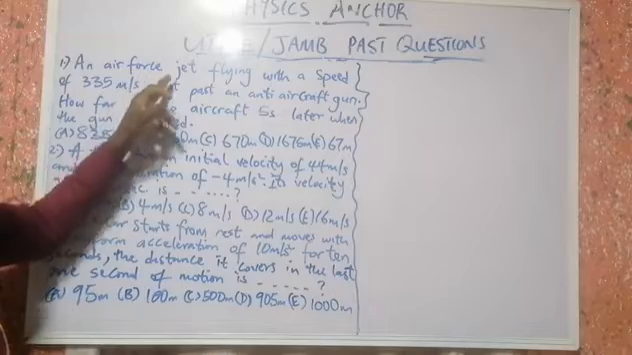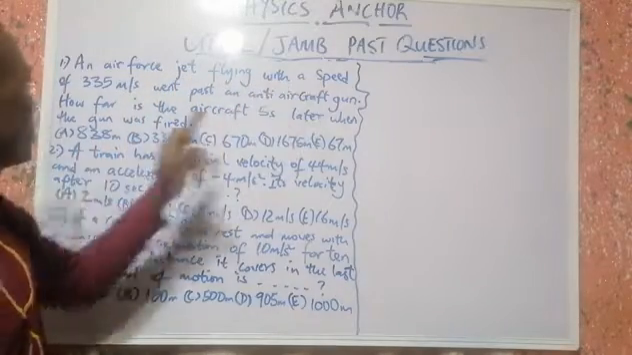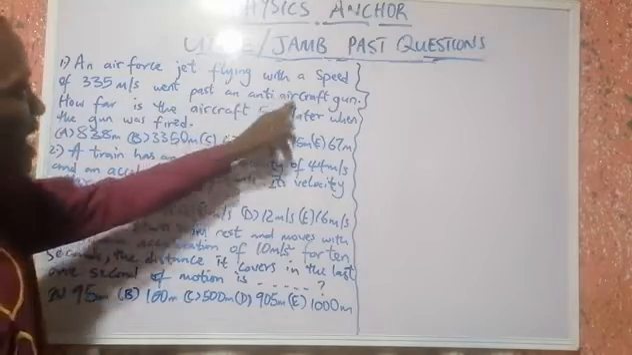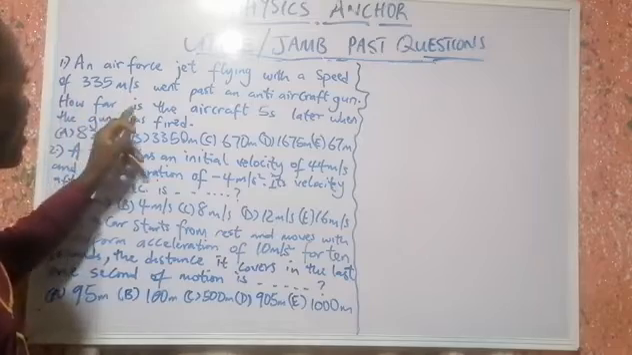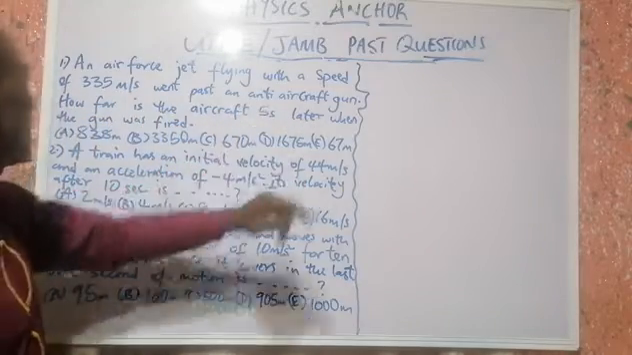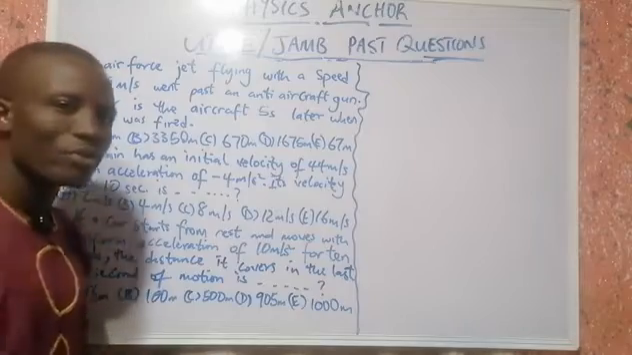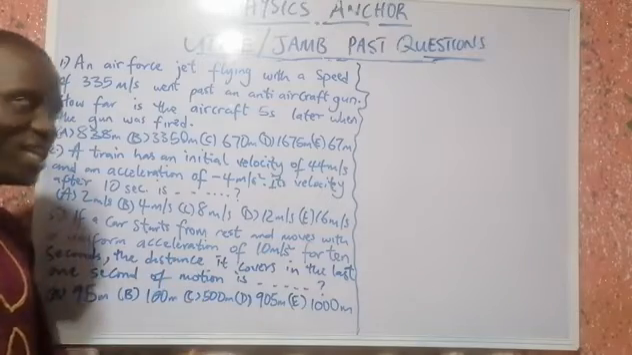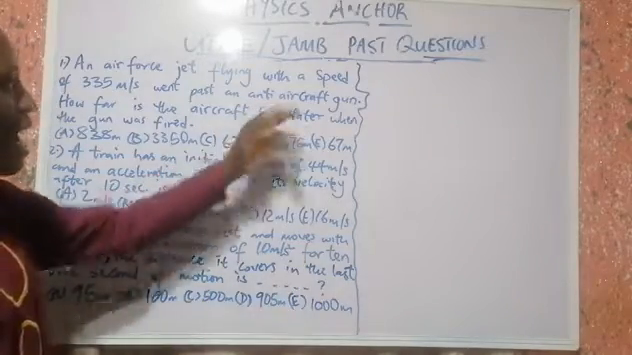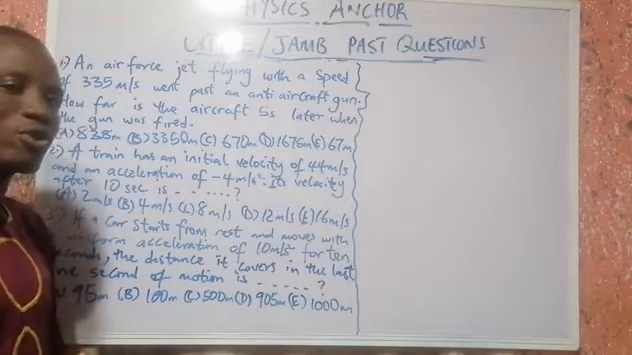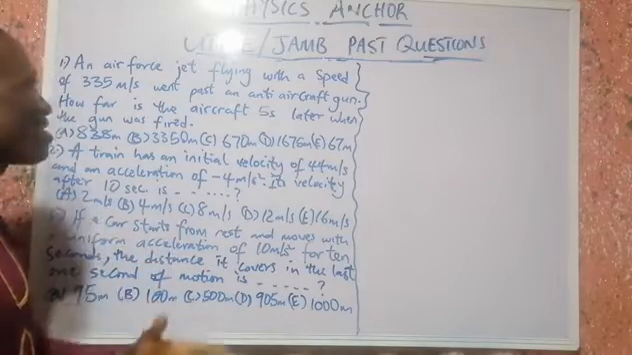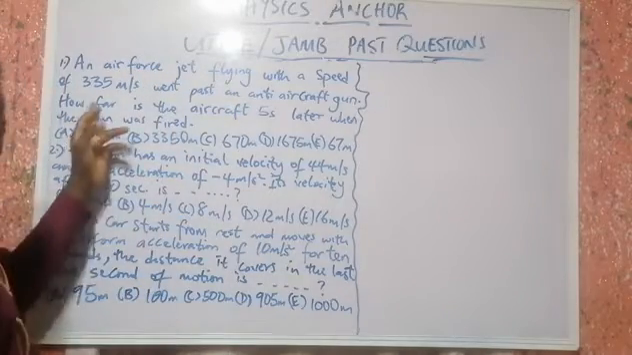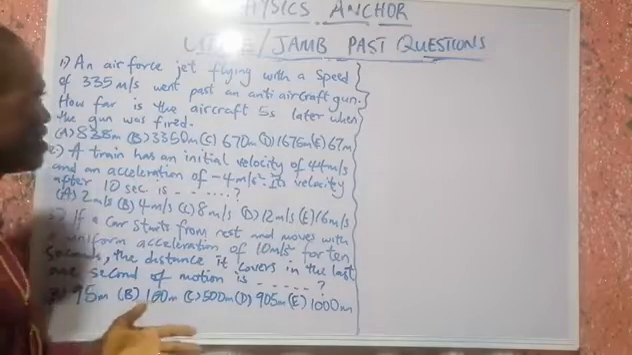An Air Force jet flying with a speed of 335 meters per second went past an anti-aircraft gun. How far is the aircraft 5 seconds later when the gun was fired? So, analyzing this question, we have an Air Force jet flying past an anti-aircraft gun. So they want us to calculate the distance that the Air Force jet has gone 5 seconds after the anti-aircraft